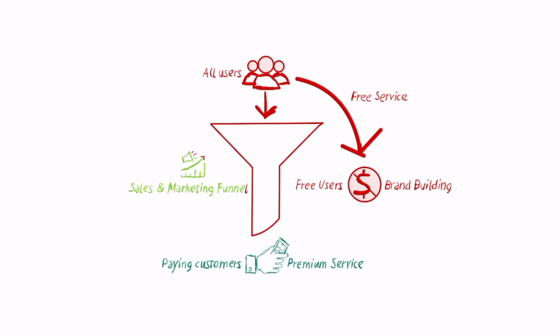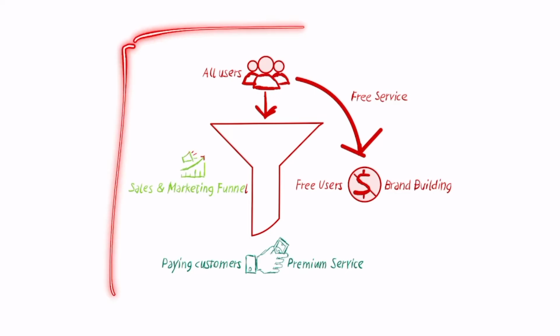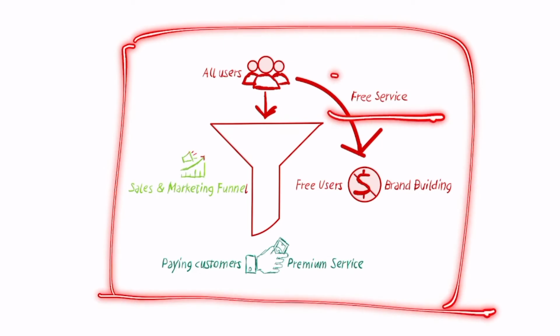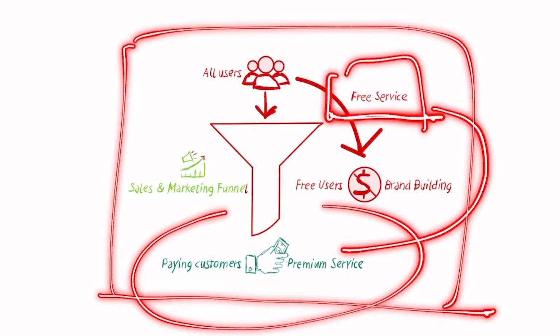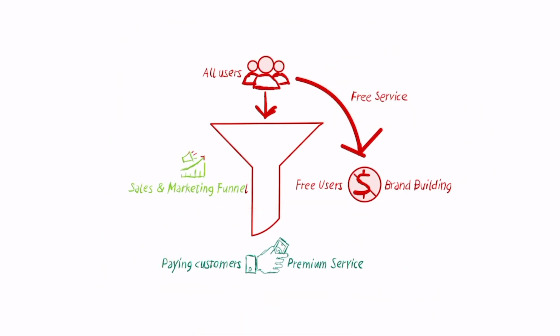Also, if you think of players like Grammarly, the grammar checker, you know that the company is very successful, but on the other hand, they have been structured in a way that the development of the product of the free service has been thought to also bring as many people inside the premium service. And that's how you build a freemium business model. Because again, let's remember that building up a free service and keeping a free service, especially free software, at scale can be extremely expensive. And therefore, if you're going to build a freemium business model, you want to build it on top of a funnel